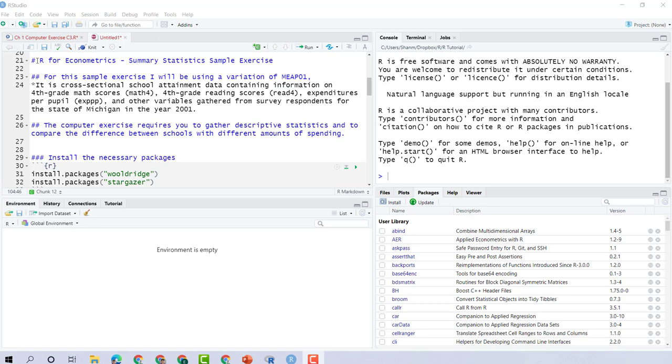Okay, here I have used the heading level 1 with one hashtag, and the heading I'm giving it is R for Econometrics, Summary Statistics, Sample Exercise. For this sample exercise, I'll be using a variation of MEAP01 from the Wooldridge package. It is a cross-sectional school attainment data containing information on 4th grade math scores, and the variable name is math4,